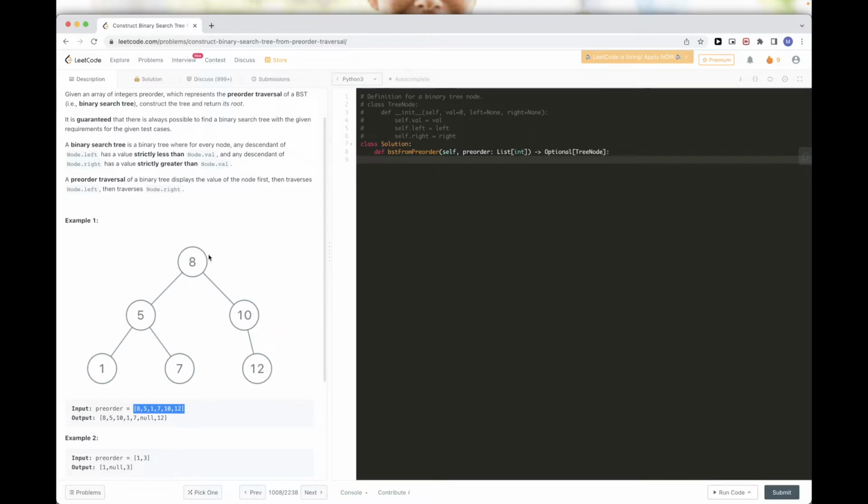And so we'd have 8. And then we traverse the left child, so 5, and then we recurse on that. So 8, and then left child 5, and then 10, and then left child of 5 is 1, and then right child 7, and then left child of 10 nothing, and then right child of 10 is 12. So that's the idea. So what I'm going to do is do it